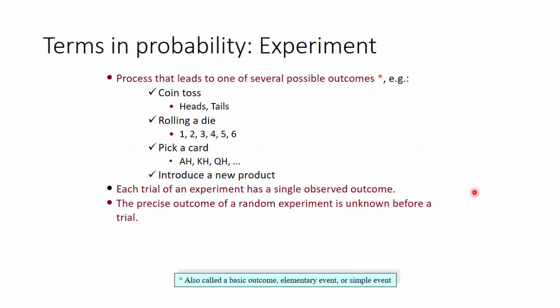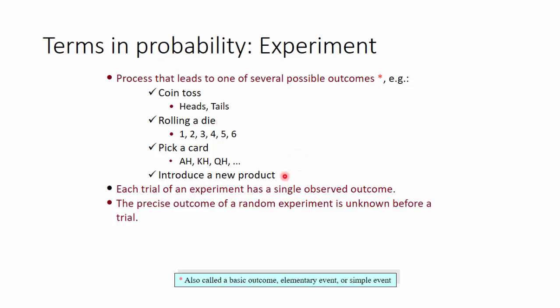So here are some examples of an experiment. Tossing a coin. When you toss a coin, are you sure about the outcome? Well, we know that we could end up with a tail or a head. But which of them would happen? That's uncertainty, uncertain outcome, and hence it's an experiment. The same case with rolling a die. When you roll a die, you know that the possible outcomes are 1, 2, 3, 4, 5, or 6, one of the 6 faces. But which one?